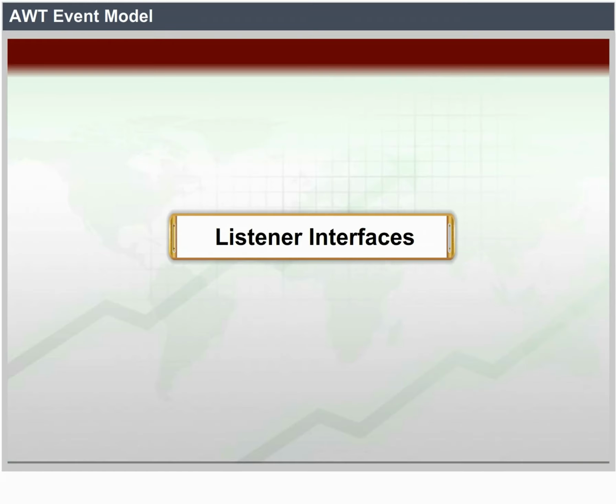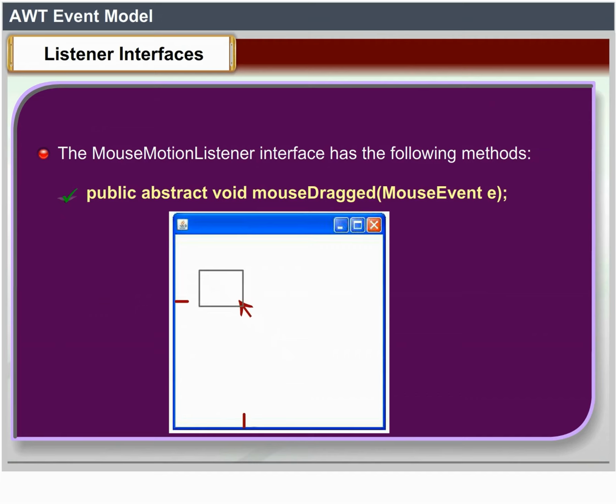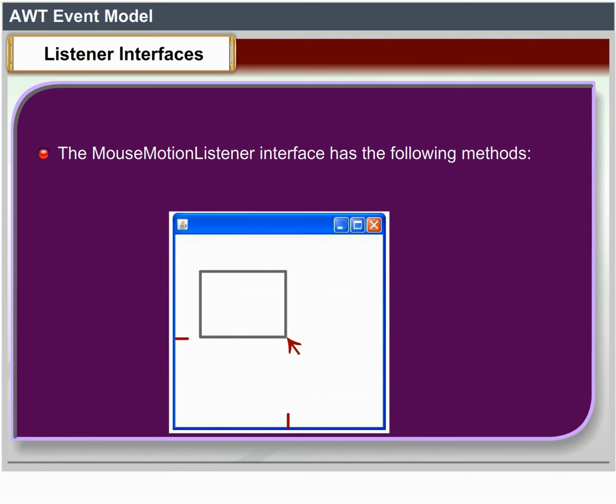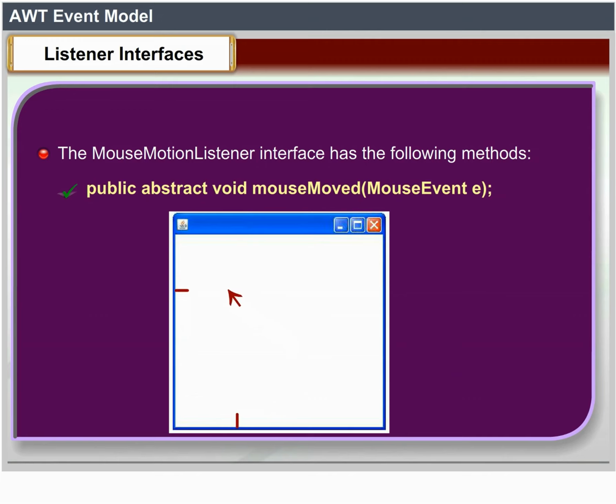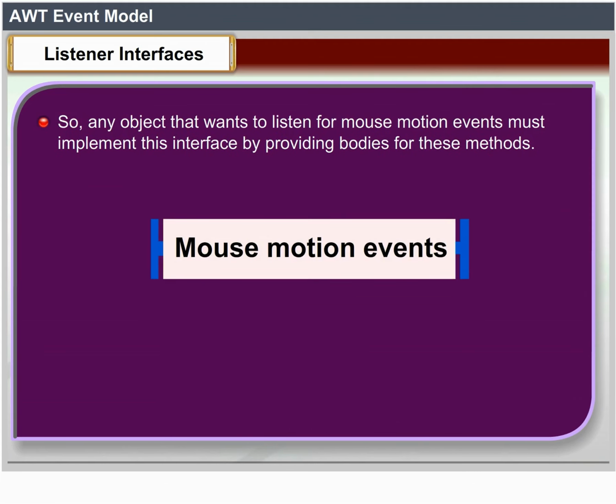Listener interfaces. The MouseMotionListener interface has the following methods: public abstract void mouseDragged(MouseEvent e), public abstract void mouseMoved(MouseEvent e). So any object that wants to listen for mouse motion events must implement this interface by providing bodies for these methods.